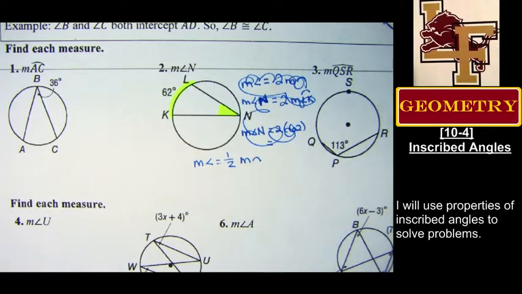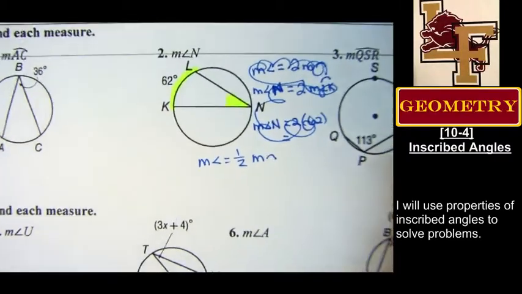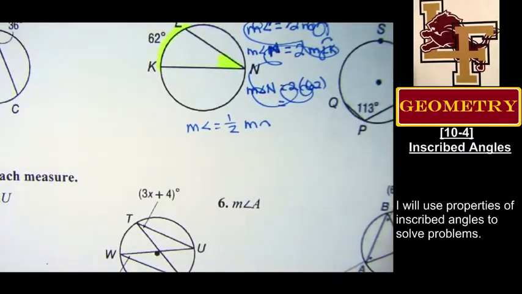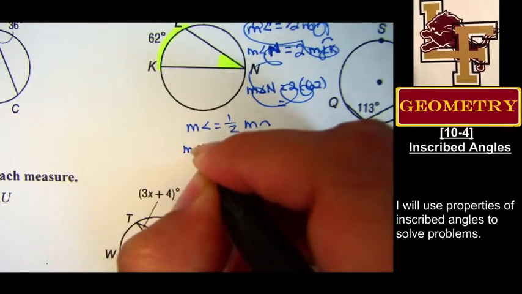All right, I have the right formula now. Double check it against my theorem. Do I have the right formula this time? Yes. Okay. So the measure of angle N